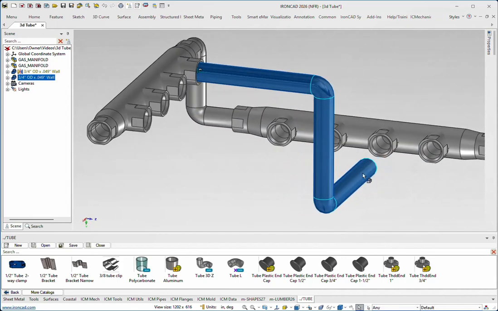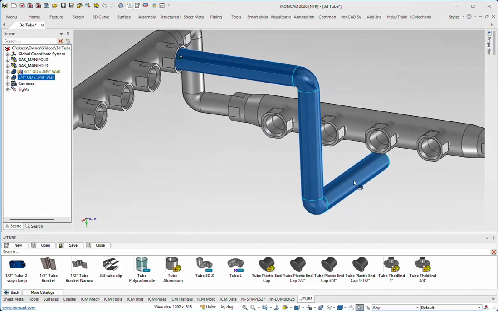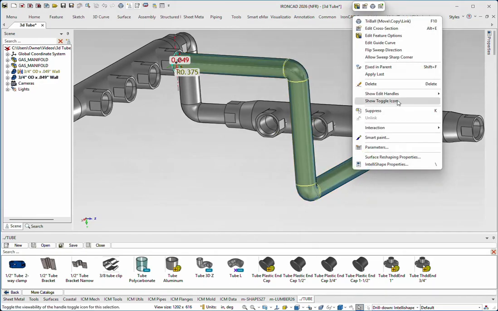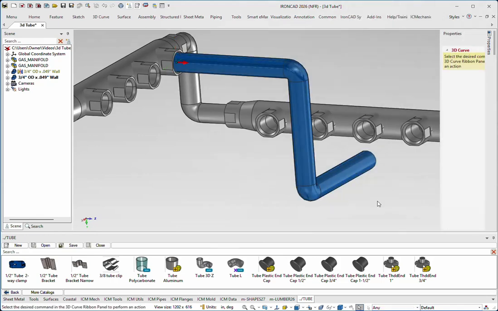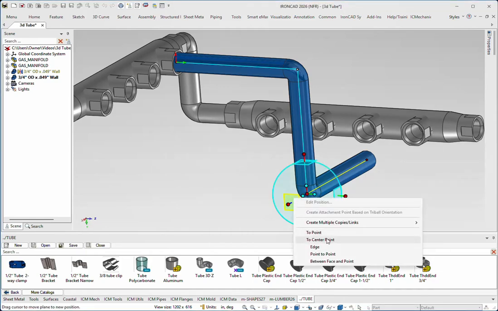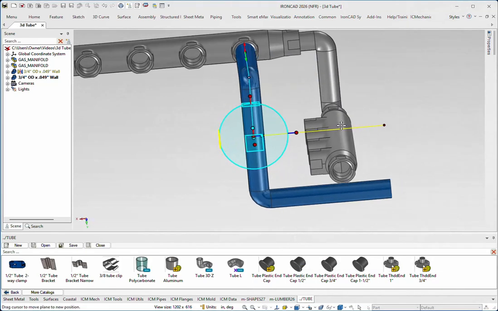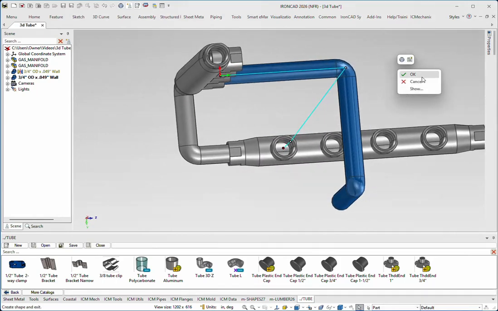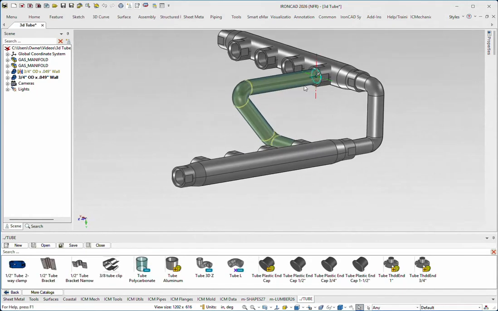So in this case, I want to bring this point to this first inlet here. So what we do is we go down to the feature level, right click, and say edit the guide curve. And I'm going to pick the whole axis because I want to move the whole thing. With the tribal, I just on this plane say snap to the center there. That's good, and you see it's extending too far, so we grab the point, and you can either snap it or just drag it. I'm just dragging it for now for ease of purposes, and we say OK, and you can see it created that